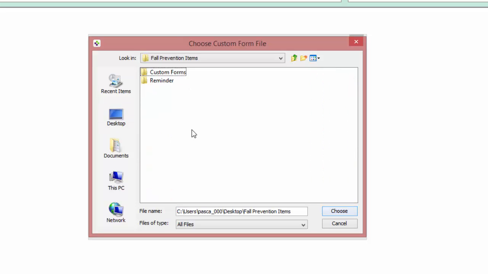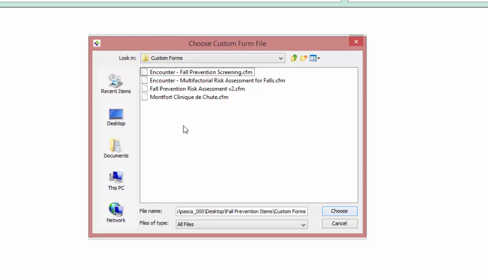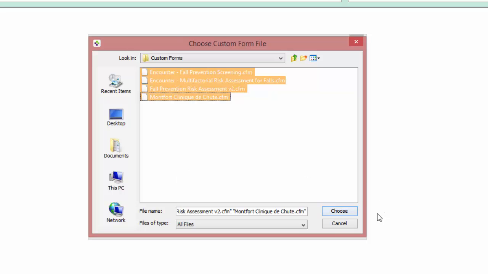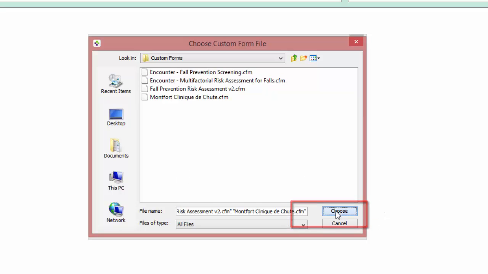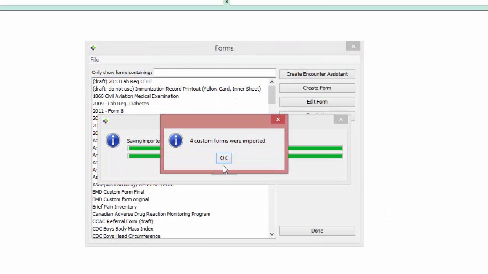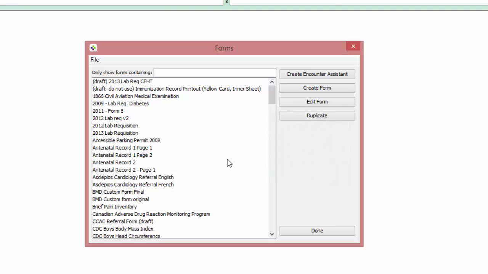In here, we'll select the custom forms subfolder because these are the items that we want to upload into the custom form area of your PSS. Select all of them and click on choose. Now that the forms have been imported, we can move on to the second step, which is to import the